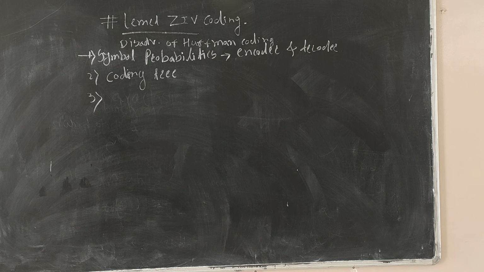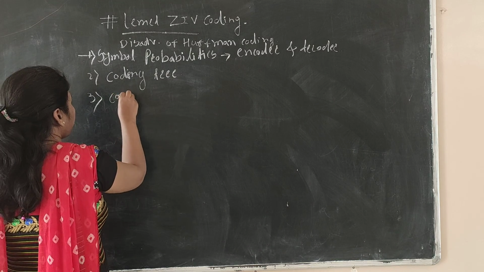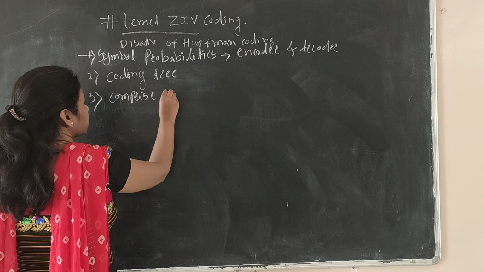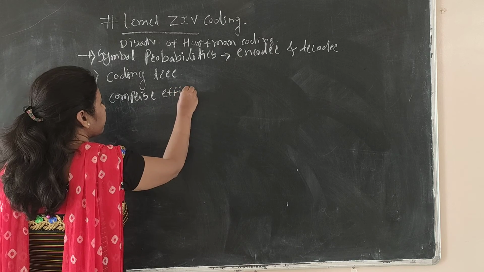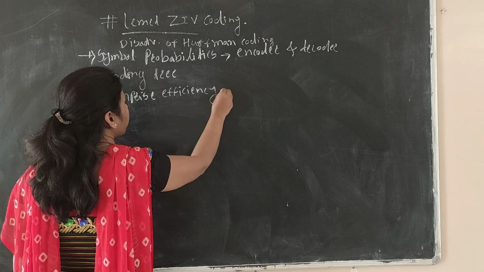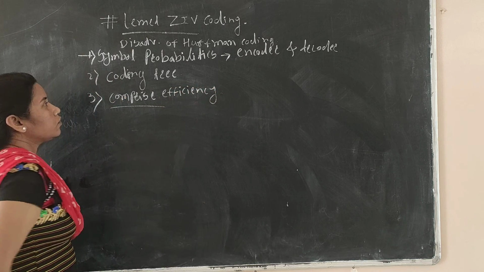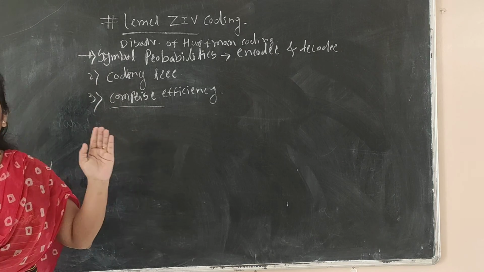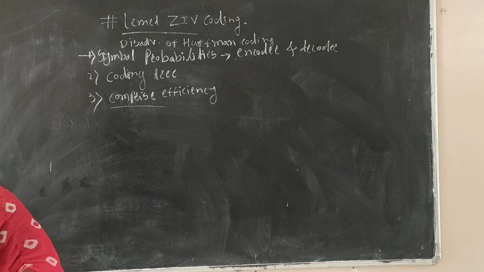And the last, also in the Huffman code, we have to compromise the efficiency of the code. That's why, to overcome these three disadvantages of the Huffman code, we are going for the Lempel-Ziv